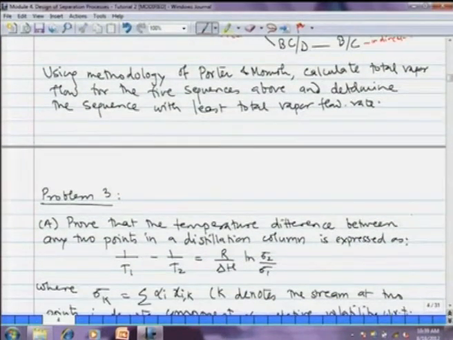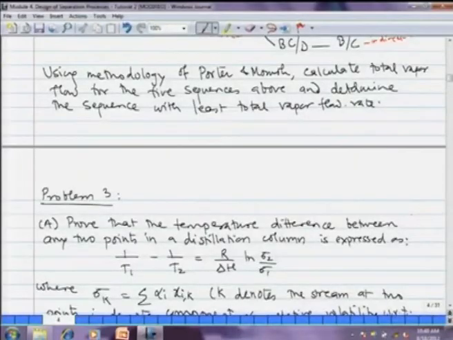In the previous lectures, I have told you the advantage of the method of Porter and Momo because it is explicit. If you do the same with Underwood's equation, the FUG method, Fenske-Underwood-Gilliland method, you have to first solve the equation for the value of theta, which is a variable. Then you will get a polynomial which you have to solve iteratively, and then you have to pick that value of theta that lies between the relative volatility of heavy key and light key component and substitute in the next equation for R minimum to get R minimum, but that is rather rigorous calculation because it is implicit. You have to do iterative calculation. So, Porter and Momo have provided us a method which is explicit.